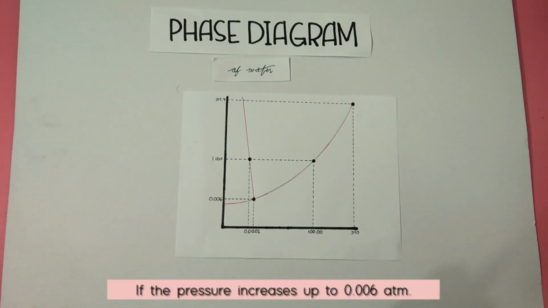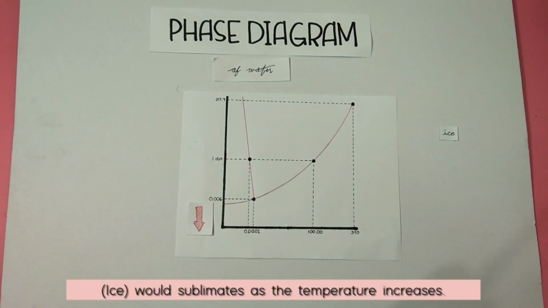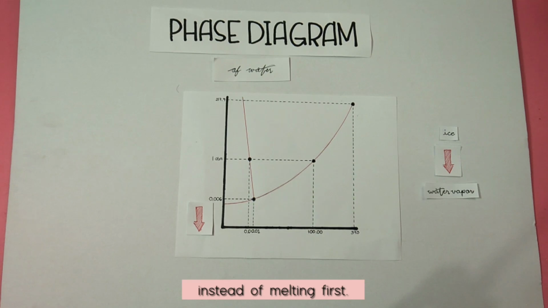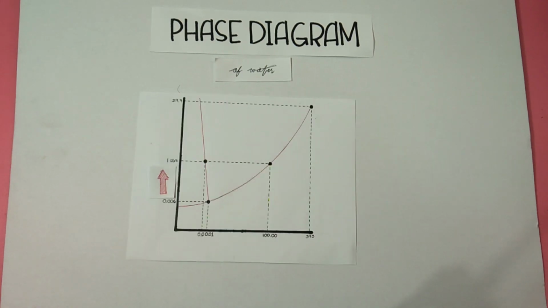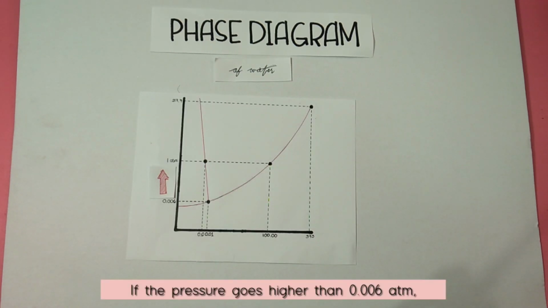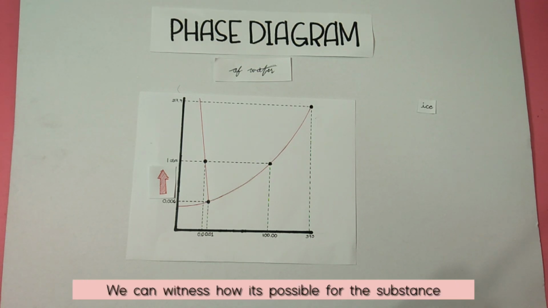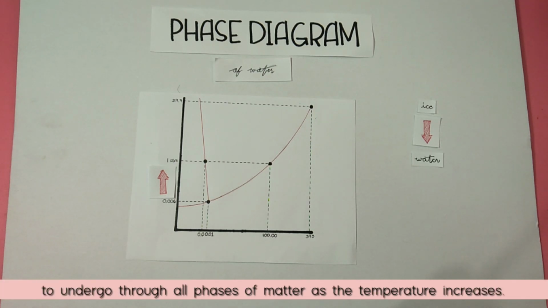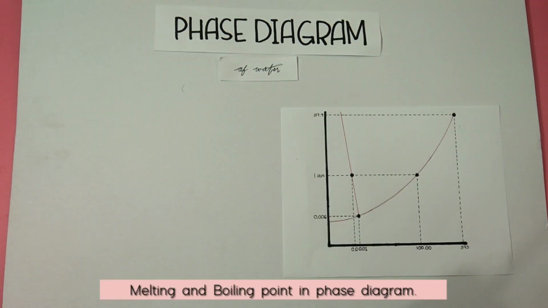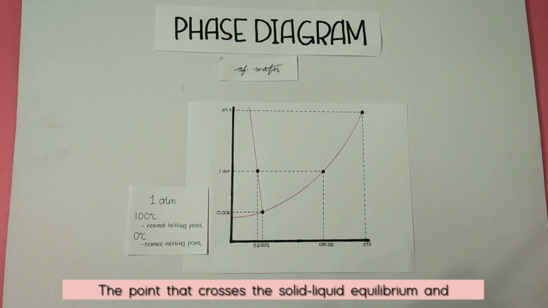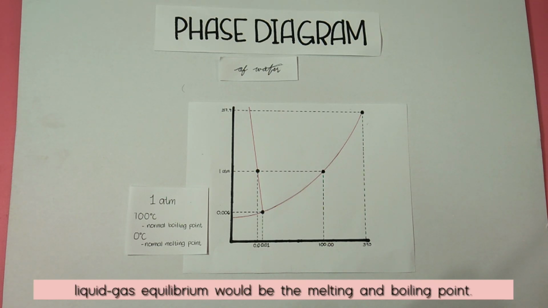If the pressure is below 0.006 atmospheric pressure, water would sublimate as the temperature increases, instead of melting first. If the pressure goes higher than 0.006 atmospheric pressure, we can witness how it is possible for a substance to undergo all phases of matter as the temperature increases. When the pressure is at 1 atmospheric pressure, the points that cross the solid-liquid equilibrium and liquid-gas equilibrium would be the melting and